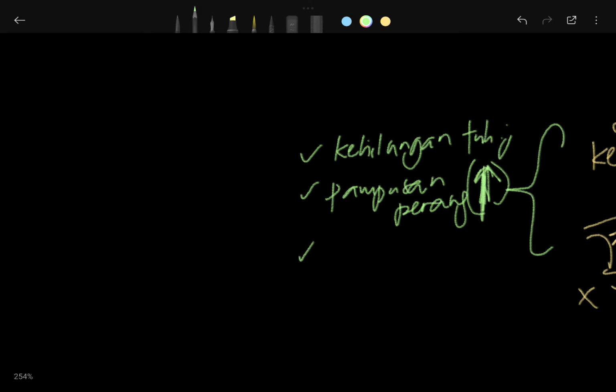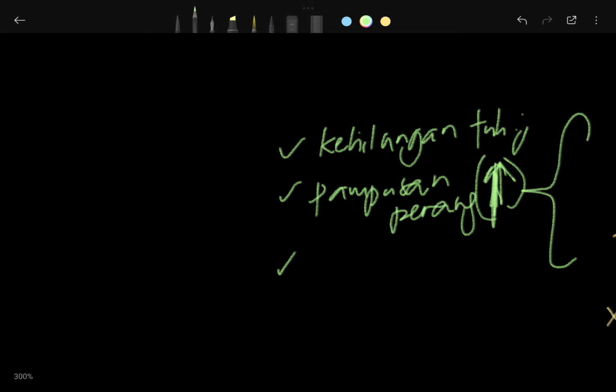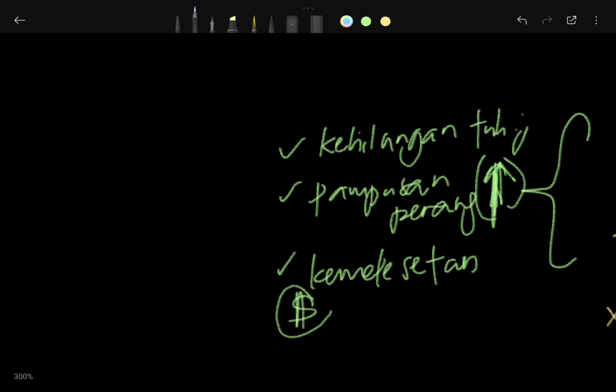Then the next point, kemelesetan means the economic shrinkage. Kemelesetan ekonomi dan inflasi yang teruk. Keyword kemelesetan. You cannot change this word whatsoever. It must be kemelesetan ekonomi, a shrinkage. Recession and inflation have their differences, so don't confuse these words. Dan inflasi,